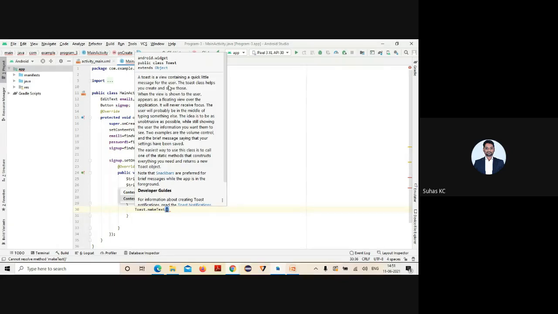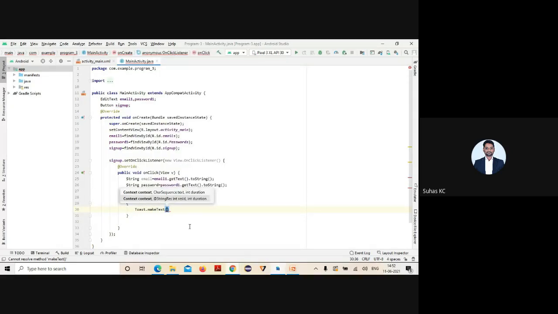Here you are passing two parameters. Where do you need to display the message? In your main activity, so main activity dot this. And you need to display what? Some string.